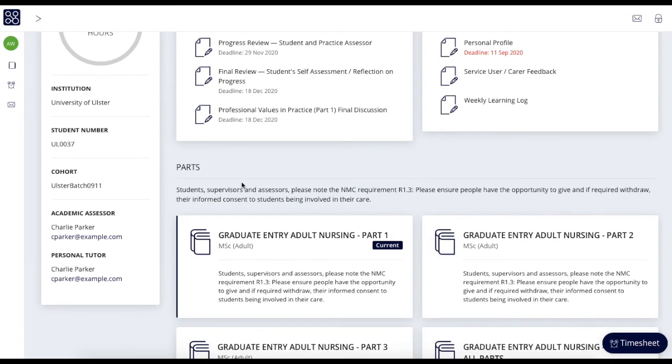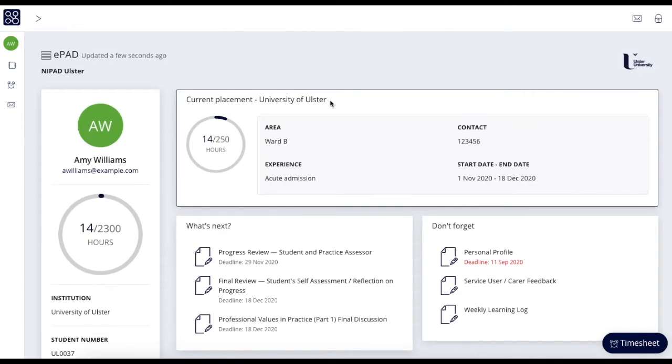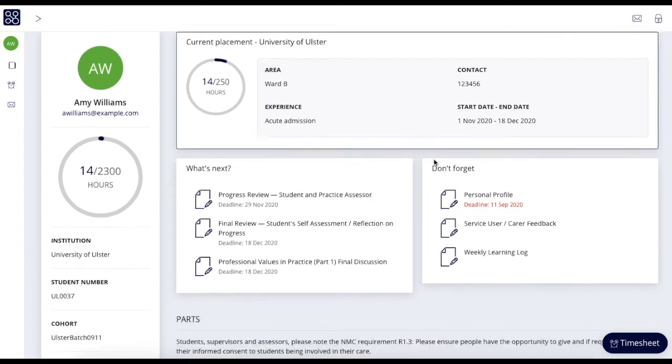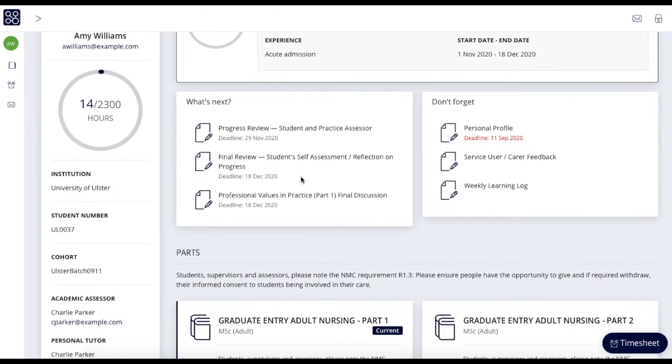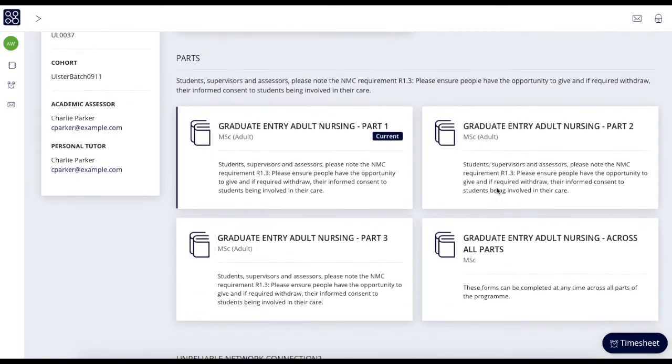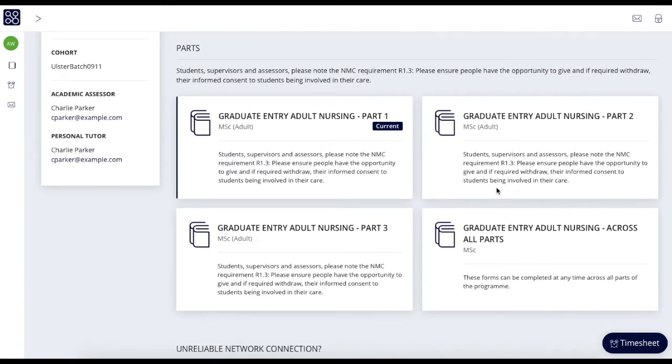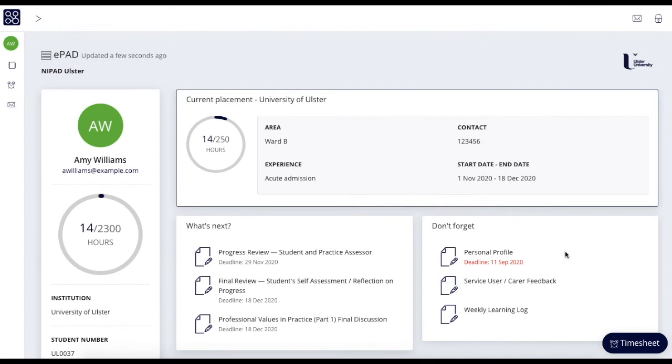contact details. You'll be able to see the placement they're currently on, and if I was to select this panel, it will take me through to all of the forms and documentation for their current placement. You'll be able to see what's next for this student, what they shouldn't forget, and navigate through the parts of their ePAD. In order to access forms and documentation for the current placement, the student will select the current placement